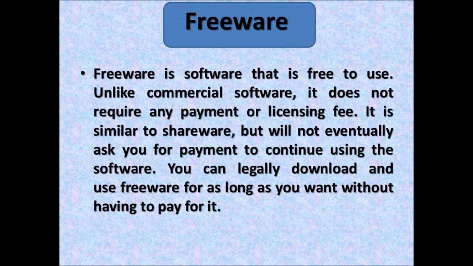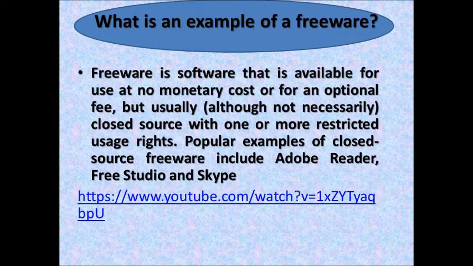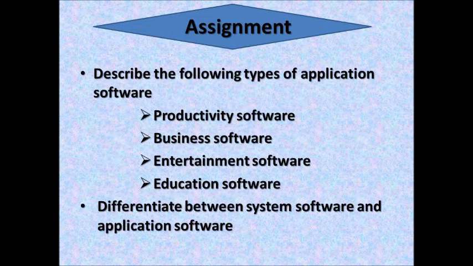Freeware is software available free of cost for use and distribution but cannot be modified as its source code is not available. Examples of freeware are Google Chrome, Adobe Acrobat PDF Reader, and Skype. Freeware is given free of cost and is the full version of the software for an unlimited period of time. It may have some restrictions, such as being allowed for personal or academic use only.